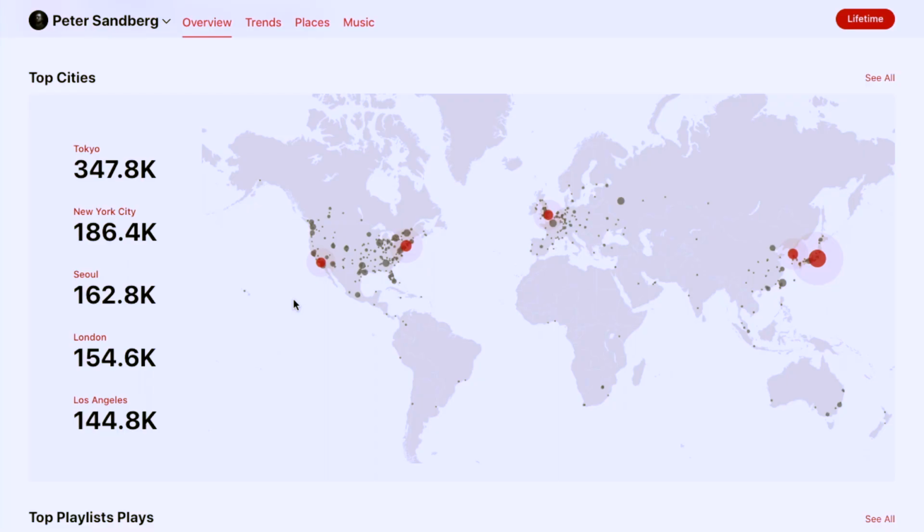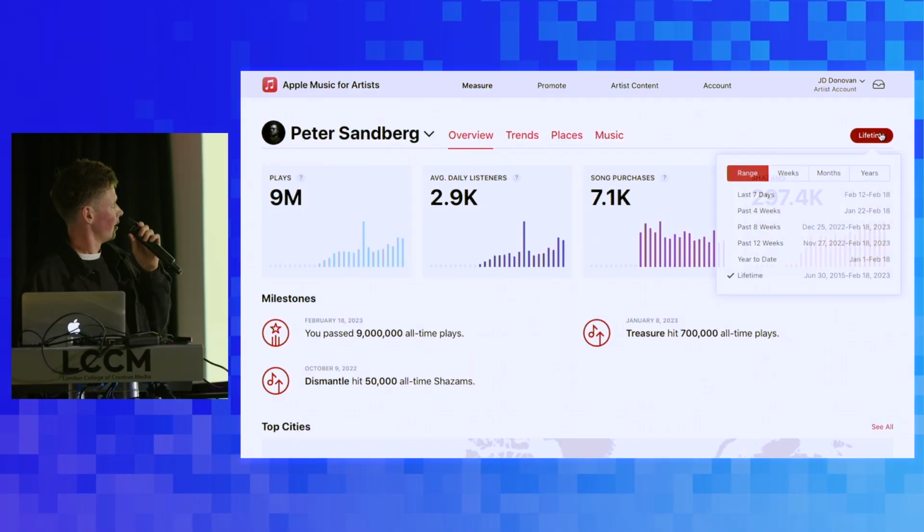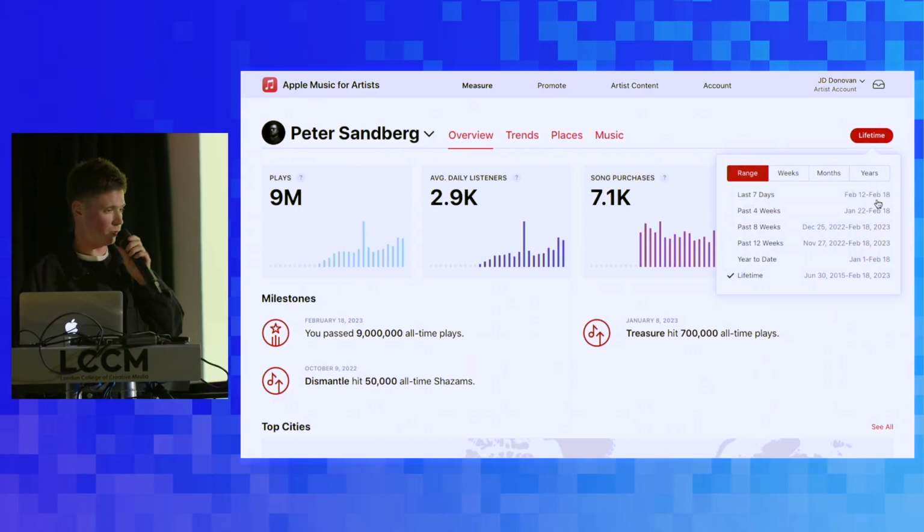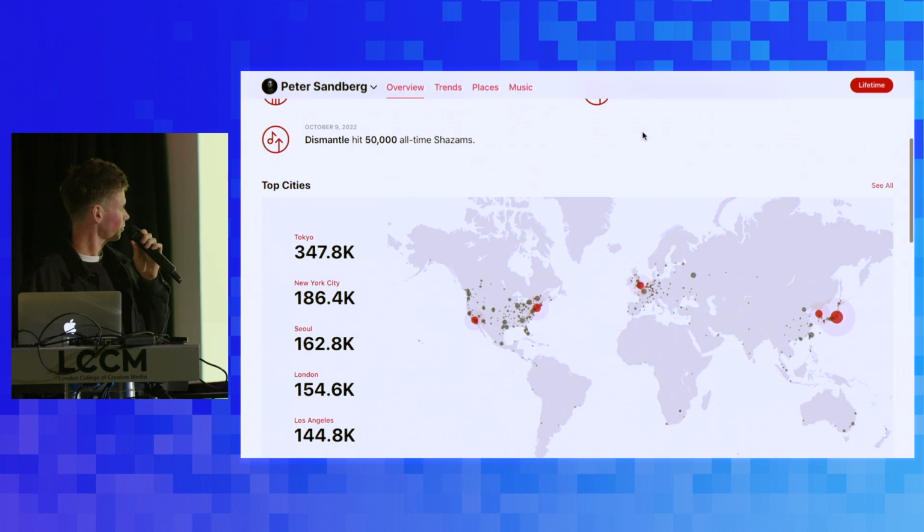He's a neoclassical artist. What does that say? We know that Peter's music is truly global. He isn't part of a sort of sub-niche of music. And when I say sub-niche, I'm being really broad. I'm talking about Latin or drill or something. That's not going to be big in Japan. Not right now, at least. Hopefully it does. It's going to be different. It's a different market. Obviously, this is lifetime, so I can look at that generically, but as we said, go back up the top here, I can go and filter by a much smaller date span, all right?